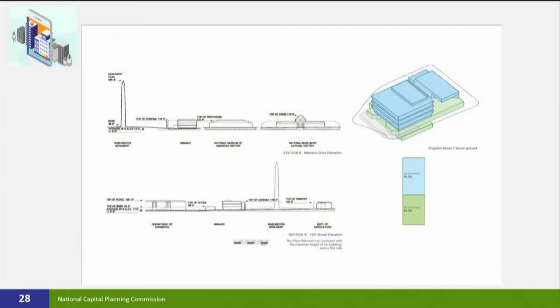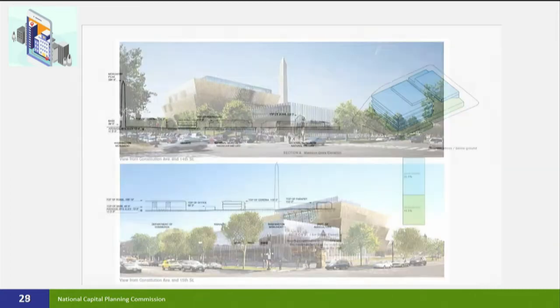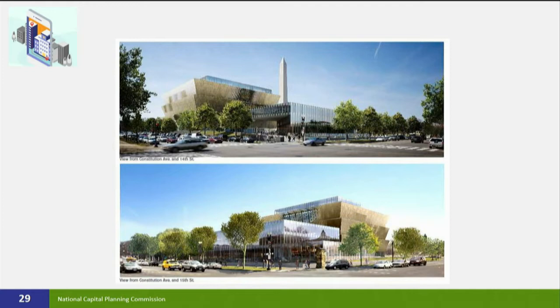So the next scheme he submitted, he does something a little bit different. He tries to open the project up a little bit. He shows the tower element now pushed back towards Madison Drive at the bottom of the image. And he shows a new building out front that was going to house some administrative space closer to Constitution Avenue, but he cuts a slit across the middle of it, sort of an alley to open up that view. But if you just look at the diagram, just based on knowing that 14th Street's down there in the bottom corner looking back across, you know there's going to be some issues with the view towards the Washington Monument. It's not going to be protecting that site. And sure enough, when he submitted his drawings,